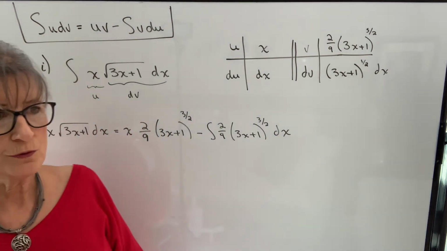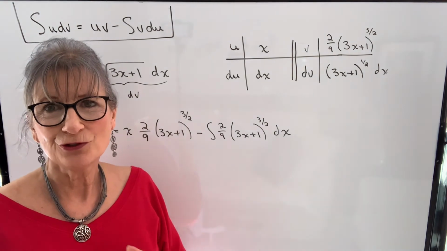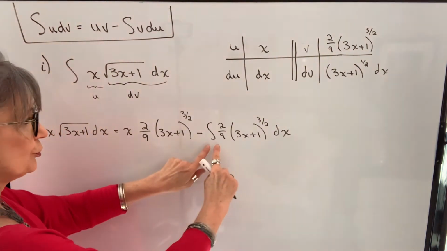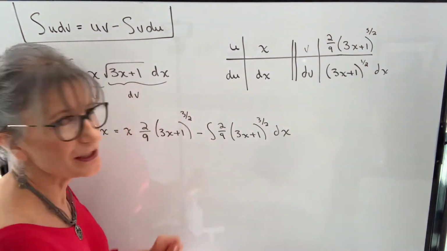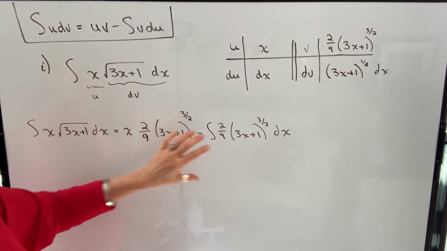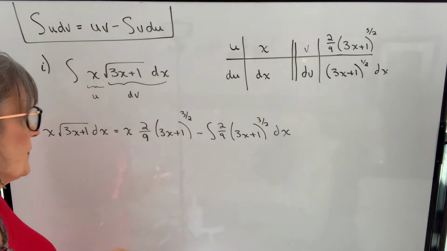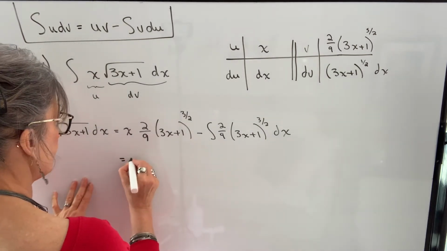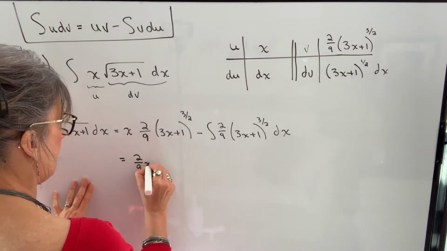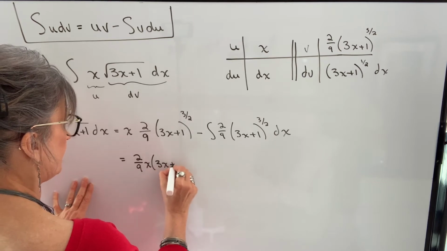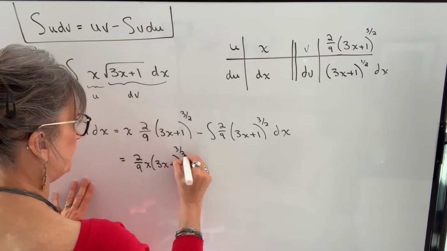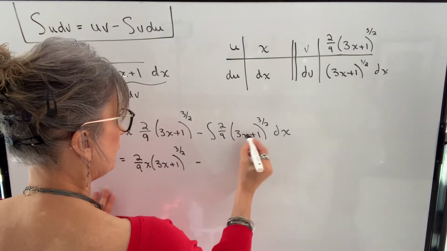Now, if you chose your u and your dv correctly, you should end up with an integral that's easier to integrate than what you started with. Can we integrate this? Yes, we don't have that factor of x anymore. Let's just clean this up first. So this is 2/9 x times 3x plus 1 to the power of 3/2. And to integrate this,